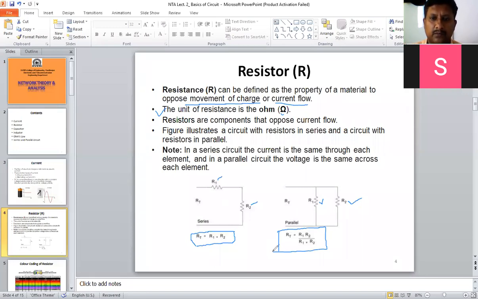But when we complete the part of equivalent impedance or equivalent resistance, at that time we can solve a number of numerical examples based on that. So this is the introduction of resistor. But now next, how to find out the value of resistor based on the color coding, or vice versa. Based on the color coding, how to find out the value, and based on the value, how to guess the color coding. Both we have to exercise. That is possible when we have the table of color coding and its values. Okay, so that we can discuss now.